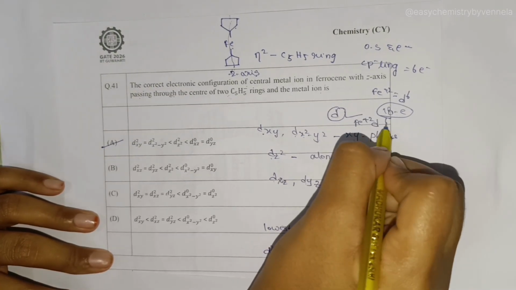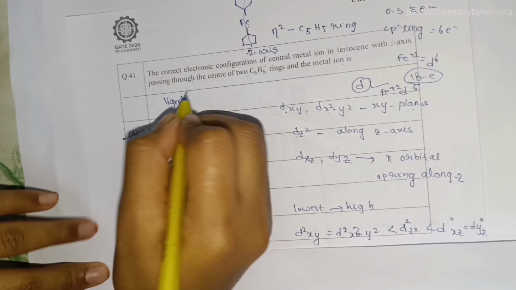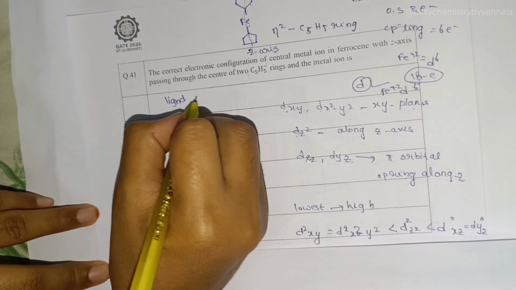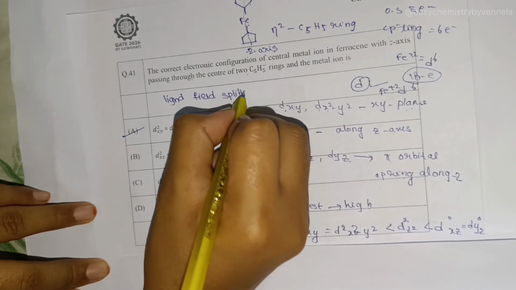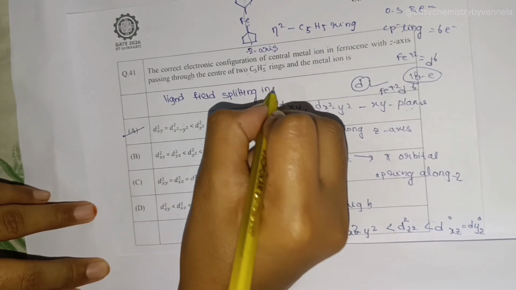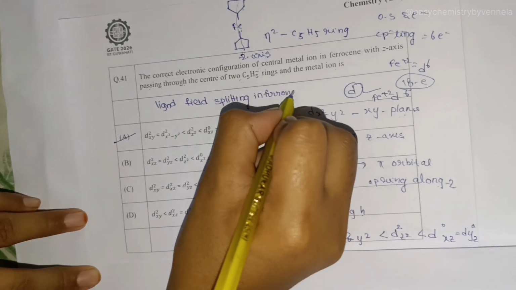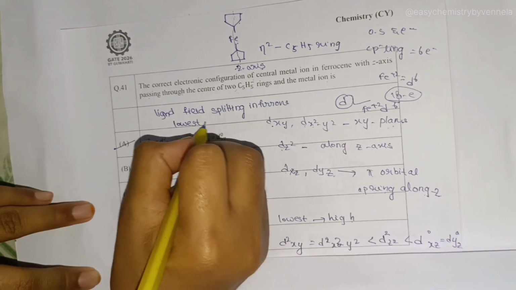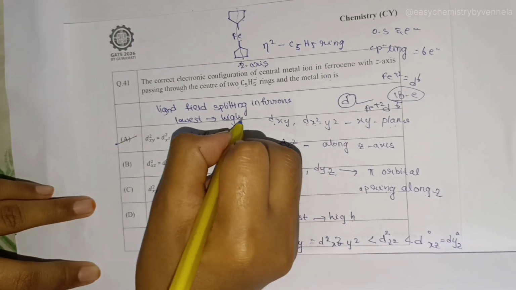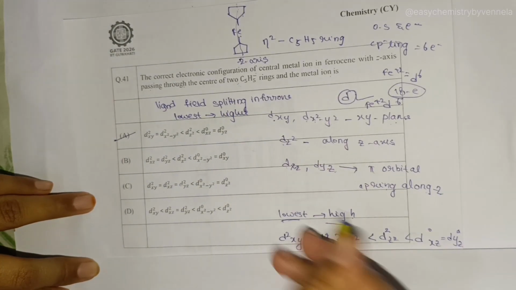Fe plus 2 is d6. The ligand field splitting in ferrocene, from lowest to highest, is: